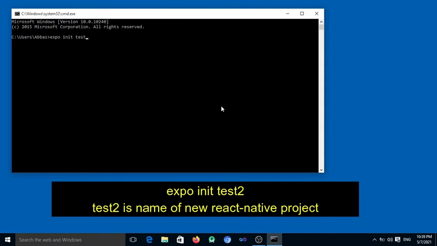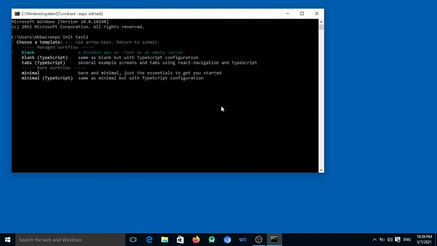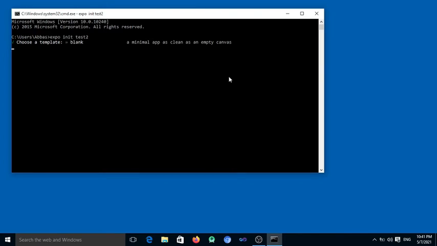Here the project name given by me is test2. This command takes some time. This will create the test2 project in your C drive, Users, Abbas folder.